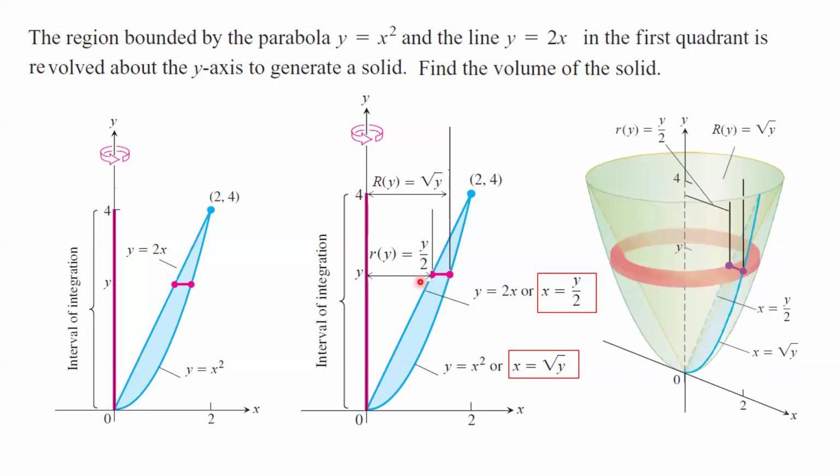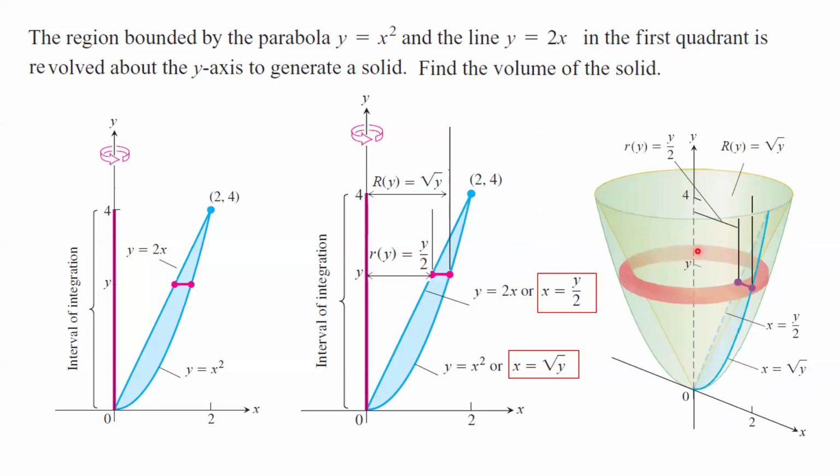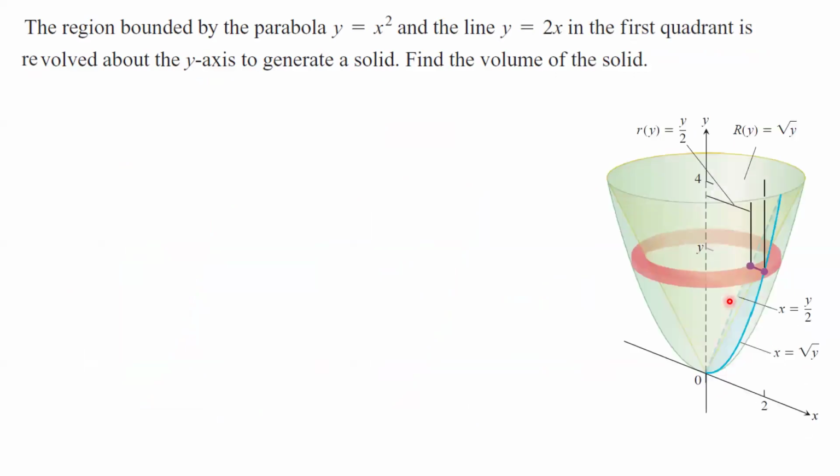Now, if we start rotating this object with respect to the y-axis, this is the solid that we are getting. As you can see, the cross-section of this solid is a washer. Our goal is to calculate the area of this washer and then take the definite integral. So let us begin. The question, the visualization, and the formula that we are using to calculate the volume of the solid rotated about the y-axis: this is the definite integral from c to d of pi